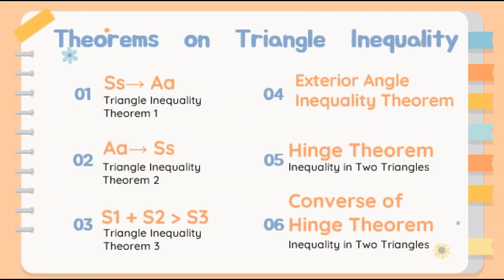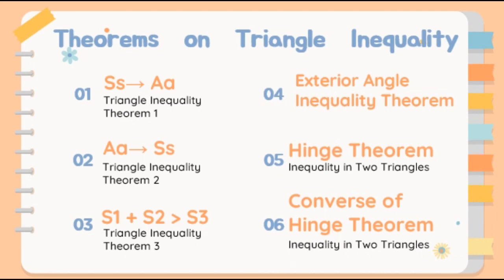Just a quick recap, we have 6 theorems on triangle inequality. First, the relationship of side and its opposite angle. Second, relationship of the angle and its opposite side. Third, the relationship of the sides of a triangle, wherein side 1 plus side 2 is greater than side 3. Fourth, exterior angle inequality theorem. Fifth, Hinge theorem. And sixth, converse of Hinge theorem, wherein Hinge theorem and converse of Hinge theorem are inequality in